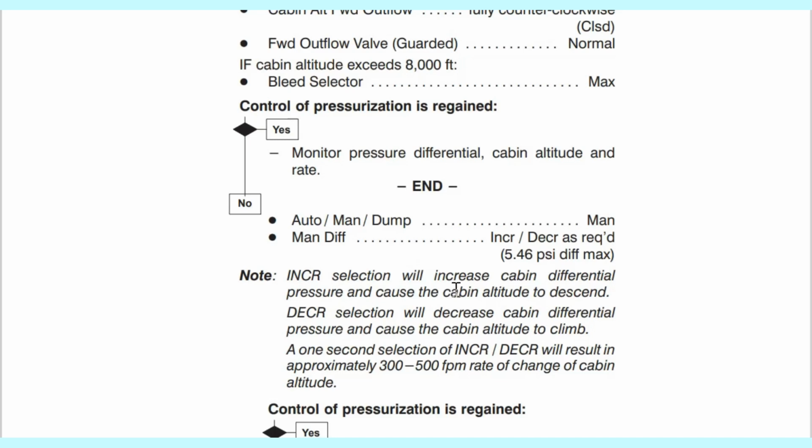So what I'm saying again is that you look at the cabin altitude gauge. If it's increasing, put the switch to increase and hold it there. You will see the cabin altitude start going down. If the cabin altitude is going down, put it to decrease. Just follow the direction. And then you'll see that the cabin altitude will go up. That's very important, because cabin altitude and cabin pressure are inversely proportional. If you have any questions, you can definitely comment and I'll explain further, but this is the simplest I can do.